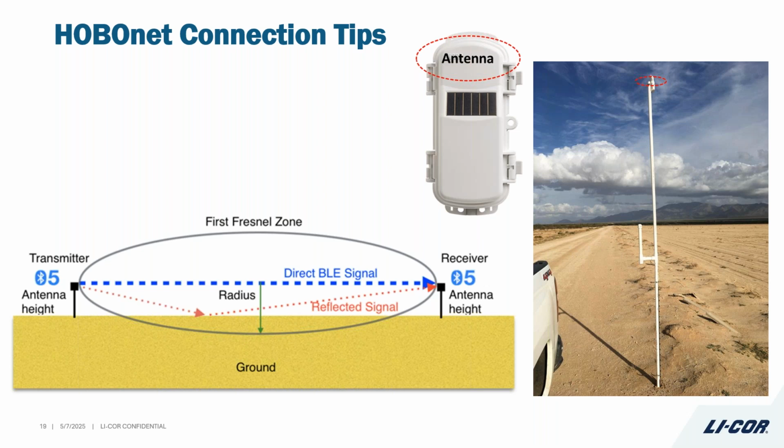The ground can actually interfere with that radio signal, so we want to be able to get them up 6 feet as possible. A lot of people will mount these with a T-post and then some PVC up at the top. These motes are lightweight, so you don't really need to have a ton of infrastructure to be able to hold these up. So get them up off the ground,